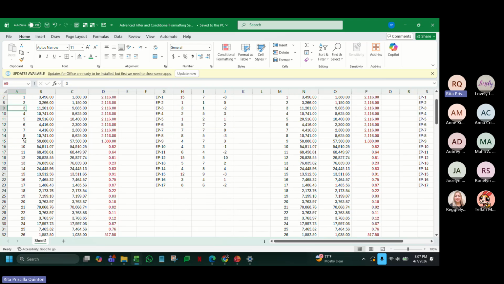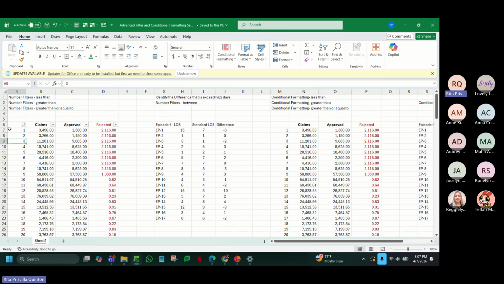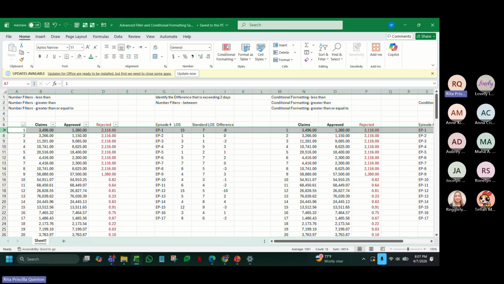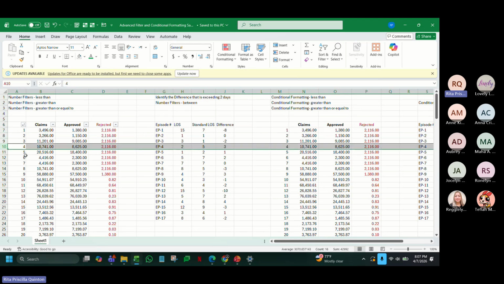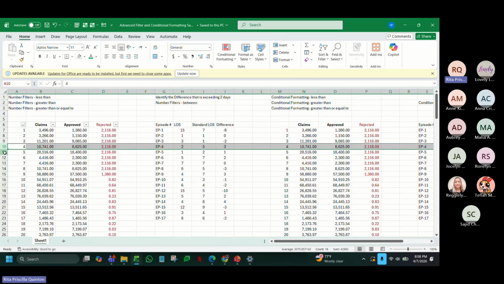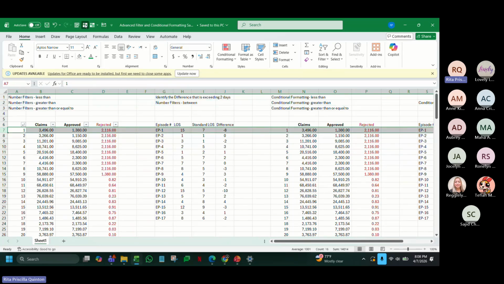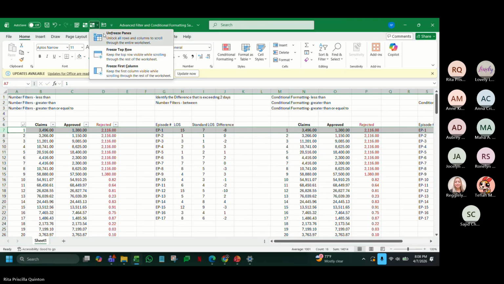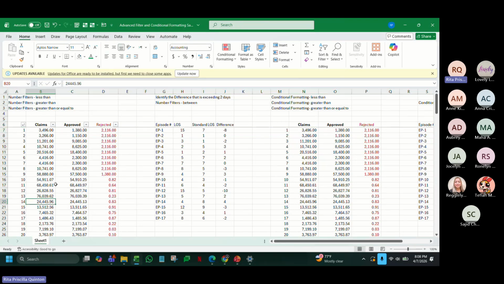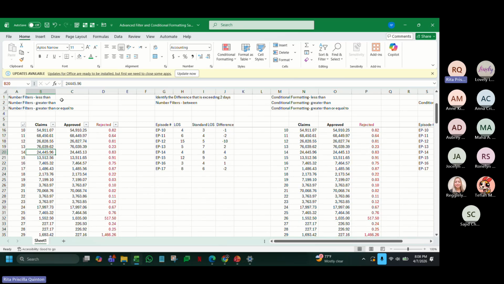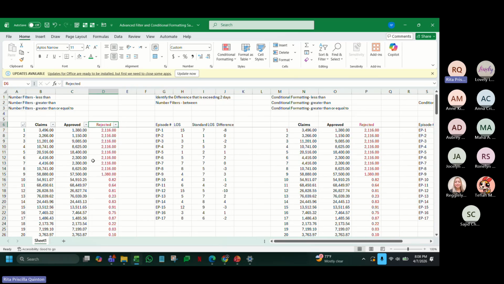Now, if I scroll down, I don't know the header. So again, I will do the freezing of my file. Freezing can be done on any row that you want, not only on the first row. So since I want to keep my freeze here, I will do it here. On this, I have columns for claim, approved, and rejected. These are in riyal amounts.